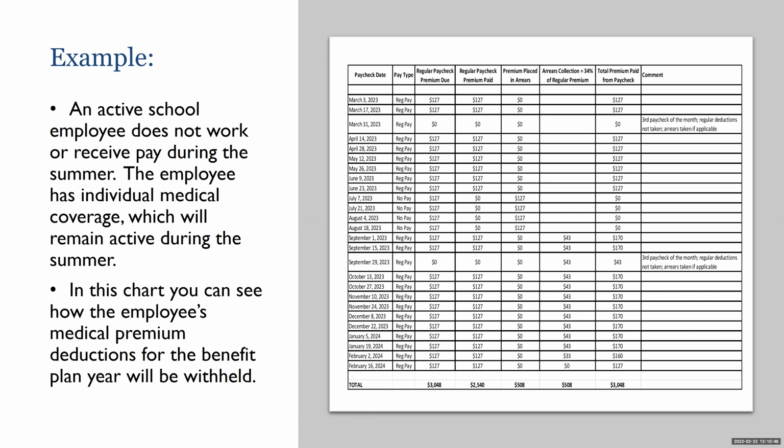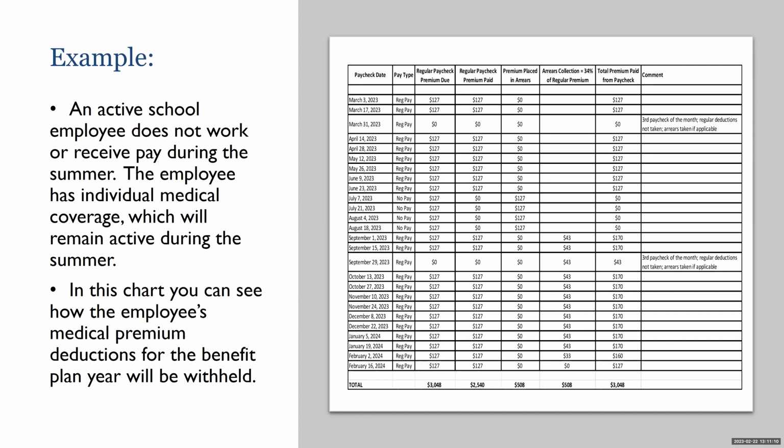So nothing goes into arrears from now until June. But then the summer hits, and in July and August, this employee does not receive any pay. School's not in session, they're not working, but yet they're still having benefits. And so that $127 is uncollected and will be placed in the arrears